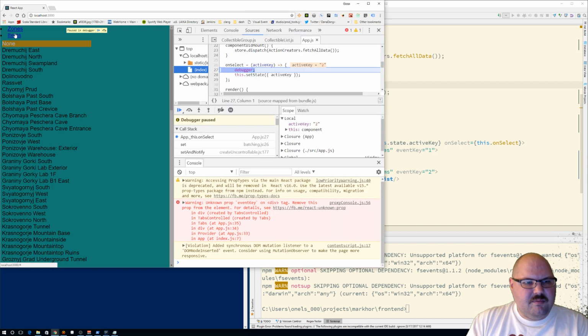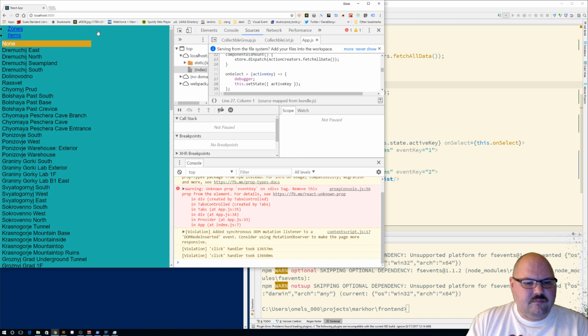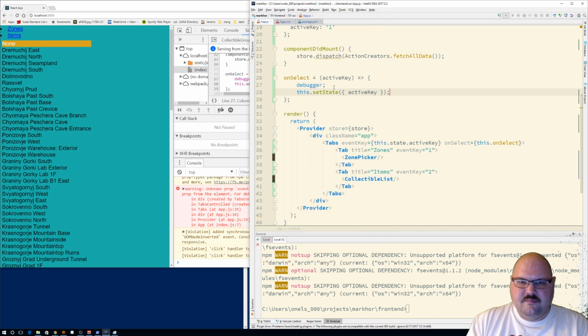Callback doesn't appear to be firing, but there it is. Okay, so the state change is happening. We got a string 2 in there. But then